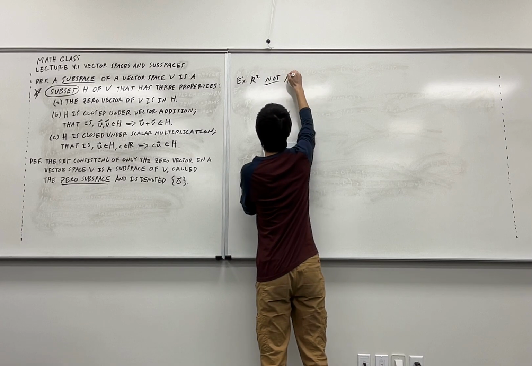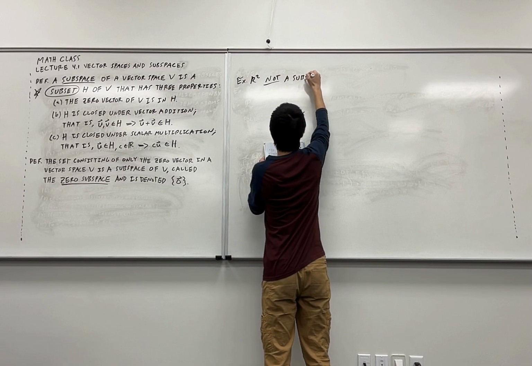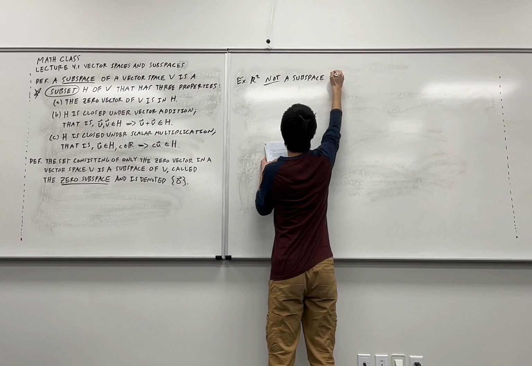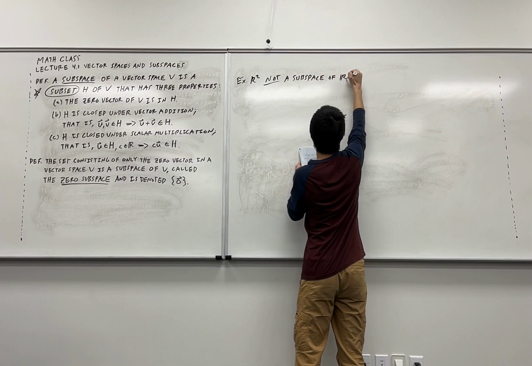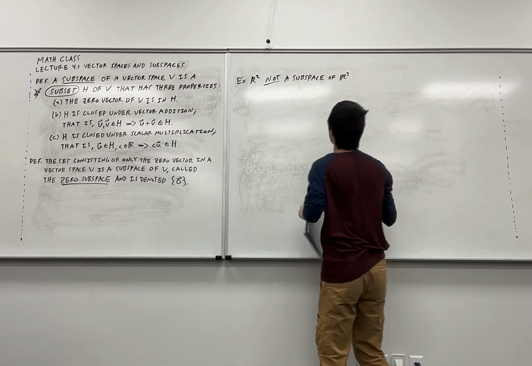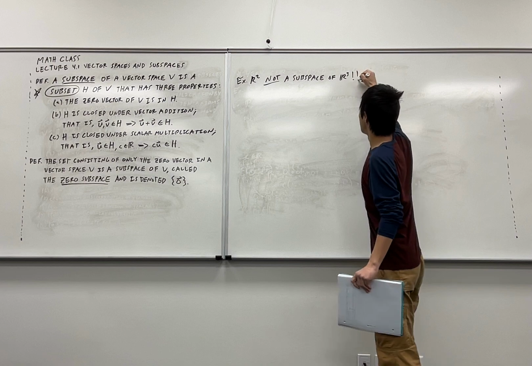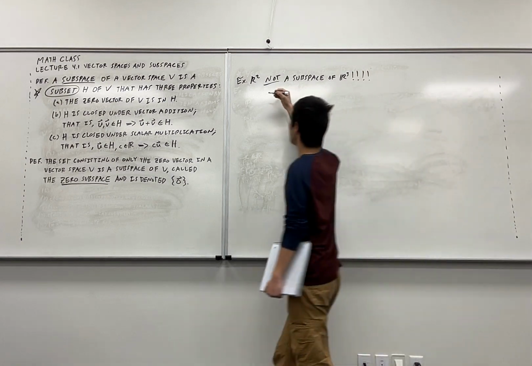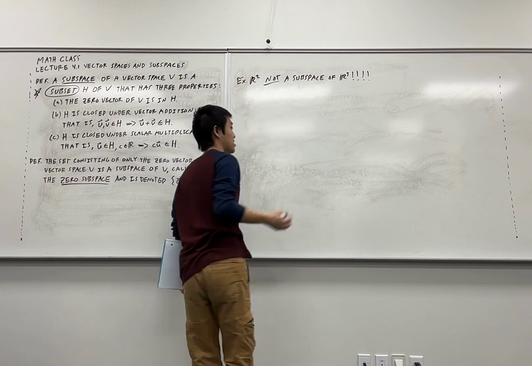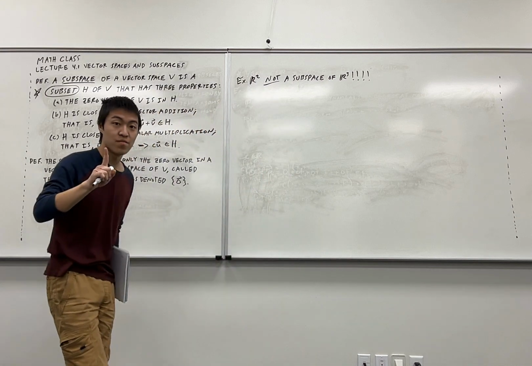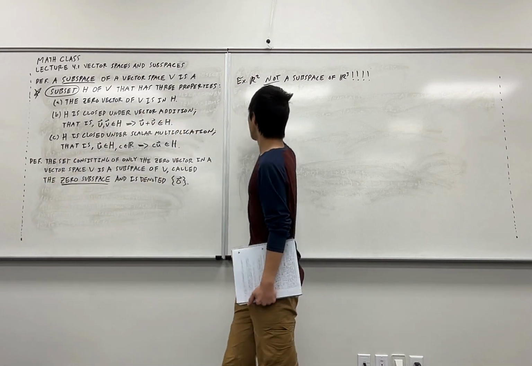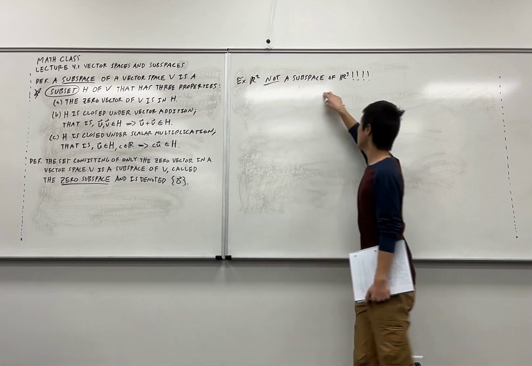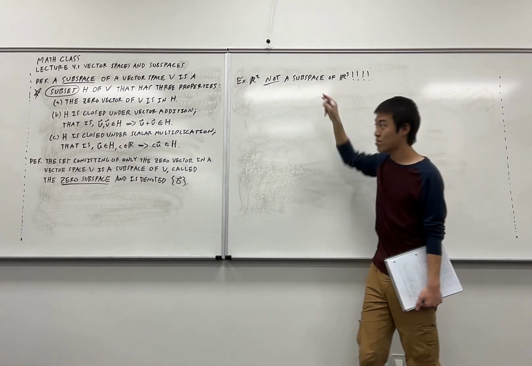R2 is not a subspace of, say, for example, R3. You might be thinking, well, R2, 2 is smaller than 3, so that seems intuitive, that seems right. No, because this is not even a subset of R3. When you really think about it,